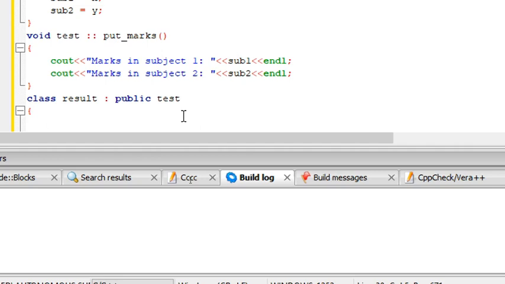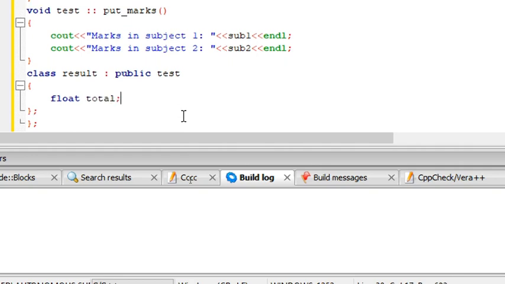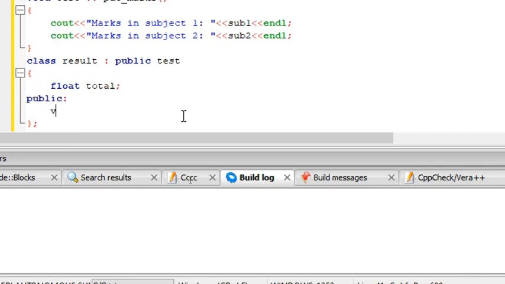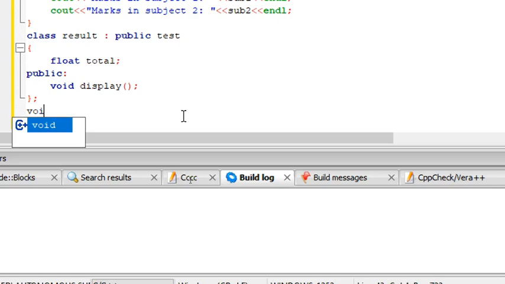Here let me give one variable in private, say float total, since I'm going to add the two variables, and let me have one function under the public access specifier just to display the value with no parameters. Now let me define this outside the class.